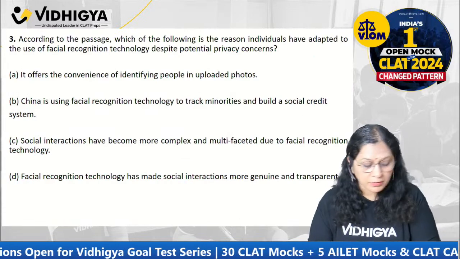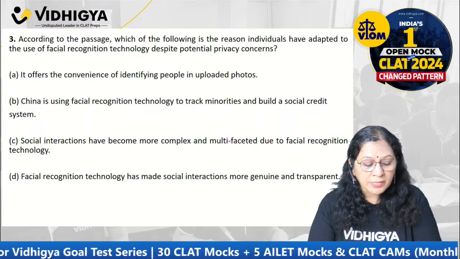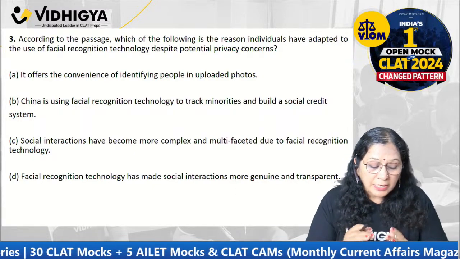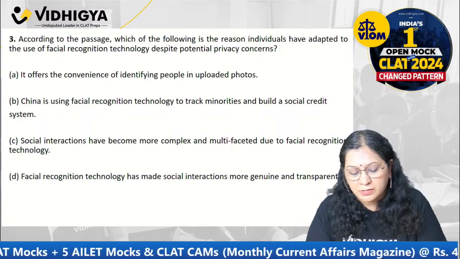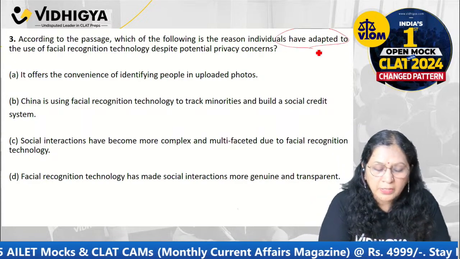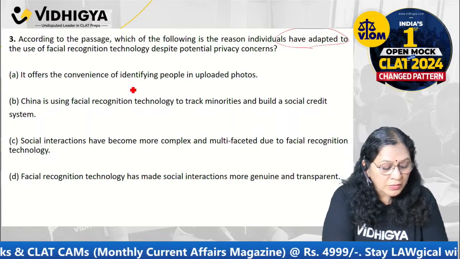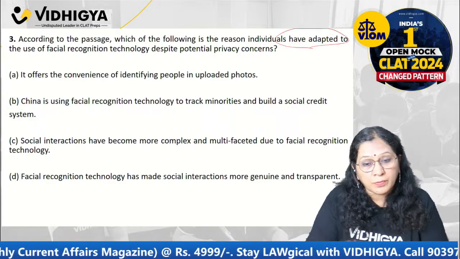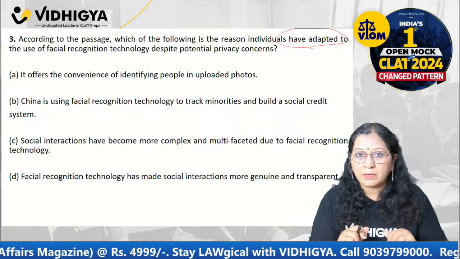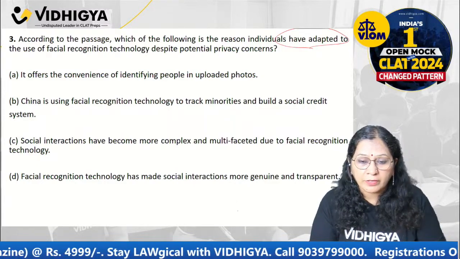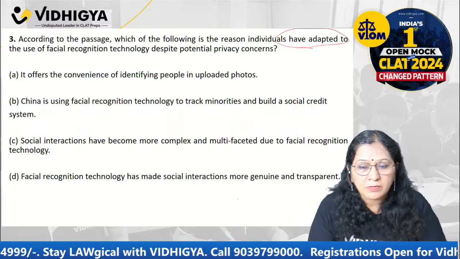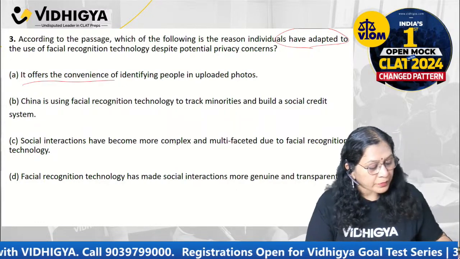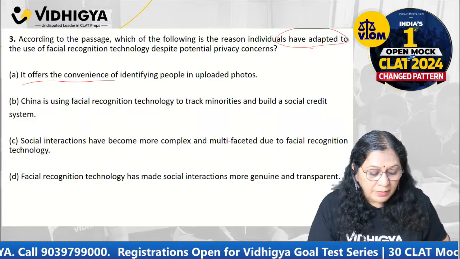Third question. According to the passage, which of the following is the reason individuals have adapted to the use of facial recognition technology despite potential privacy concerns? Adapt हो गए, आदत पड़ गई है। क्यों आदत पड़ गई है? It offers the convenience of identifying people in uploaded photographs. ठीक है, टेक्नोलॉजी को पता है, हमें पता है, ग्रुप है, स्कूल का एक फोटोग्राफ है, and you do not know who that person was। ठीक है, पॉसिबल है ये हो।